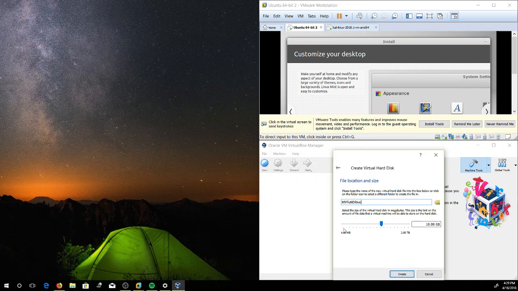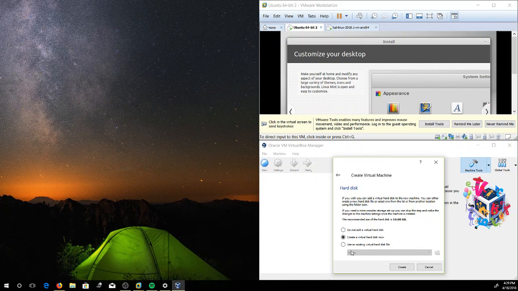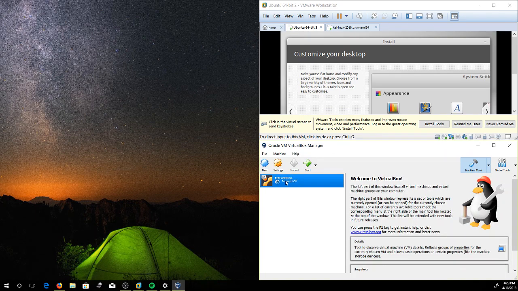My fun drive. Now it's asking me how much space I want. 10 gigs is plenty for me. I don't need that much. I'm going to go ahead and create my fun drive. I'm going to go ahead and start this one. So right now what I have is an empty Linux BIOS